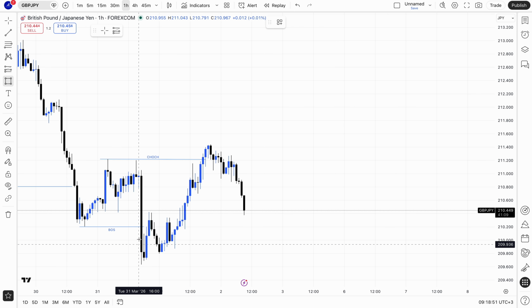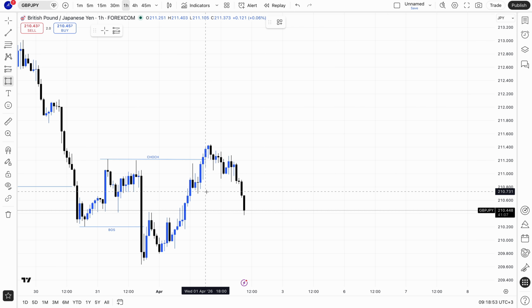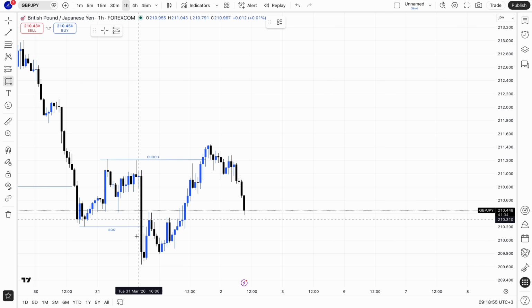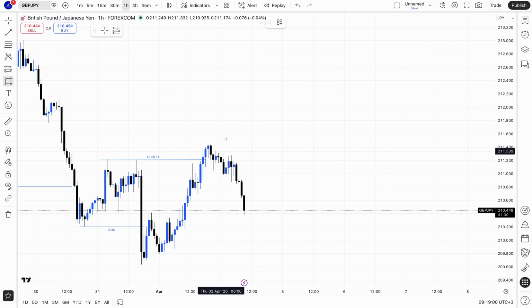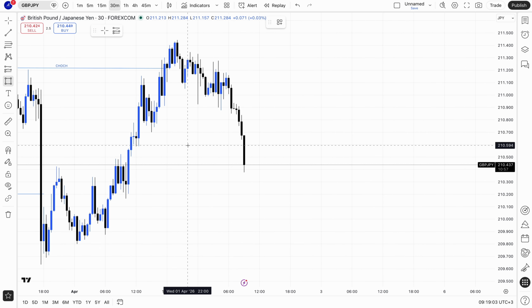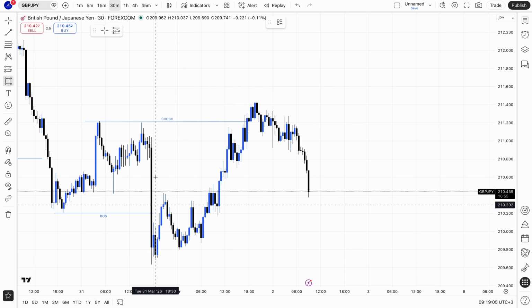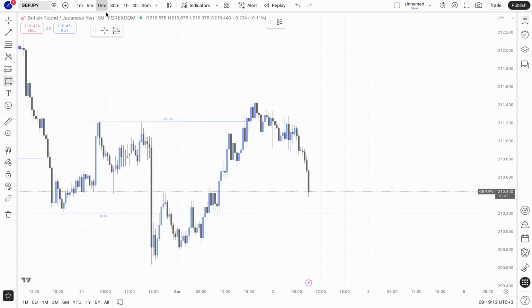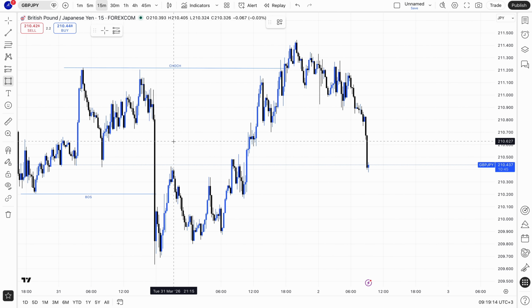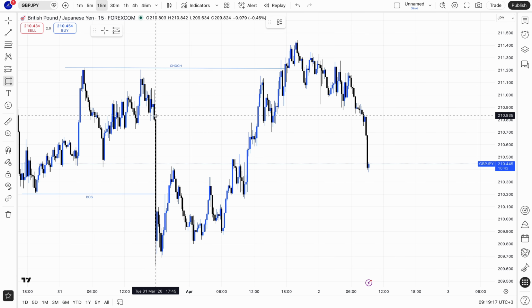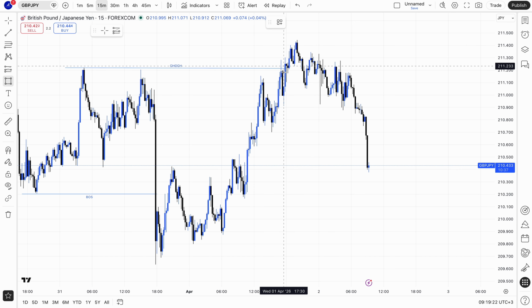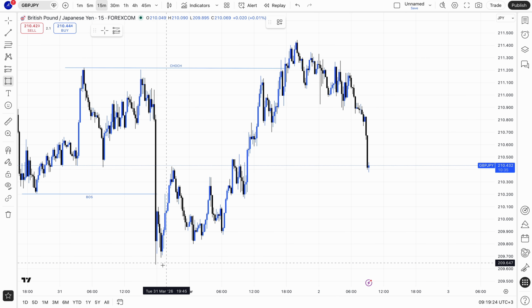Then after that, now you have to look for those order blocks, but this order block is already mitigated. So we can check on 15 minutes, 30 minutes, sorry. And then you can check on 15 minutes. Let's see how really the market is reacting. Still, this was the last sell to buy candle that led to this break here,